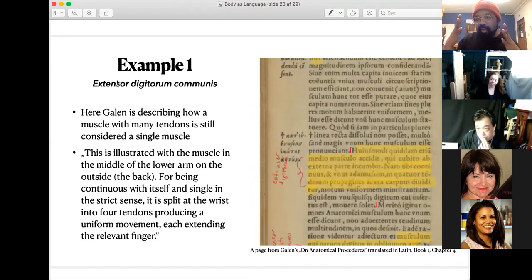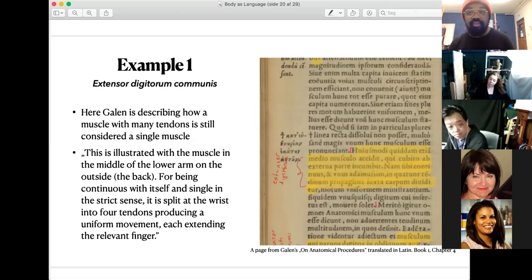Now, just by saying that, you can kind of envision more or less what this muscle's doing, even though you haven't been given a proper name specifically on what it's called. You just know where it's located. It's a larger muscle that splits. Here Galen's describing that, well, though a muscle may seem like it's separate because it splits into many tendons, most of the times it's probably one muscle. This is why. And so he describes this muscle,